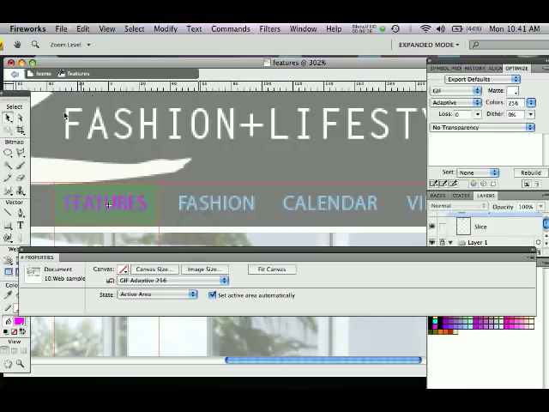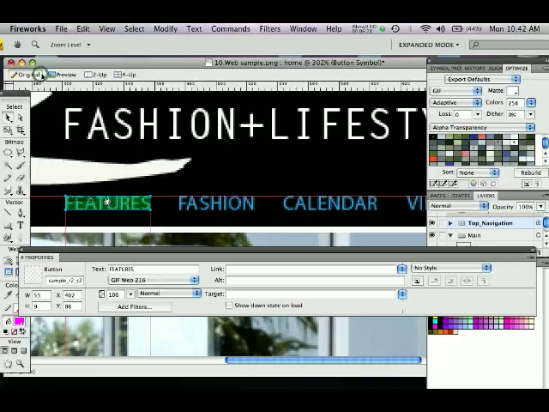So once I'm done with this, if I look up here, I have a submenu saying that I'm now in a button called Features. Of course, that's what I called it. And if I want to go back to my edit mode, all I have to do is come back here and click Home. So I'm going to select Home, and I'm back in my edit mode. And there we go. I have my button created. It's got the functionality, so if I come up here to preview,